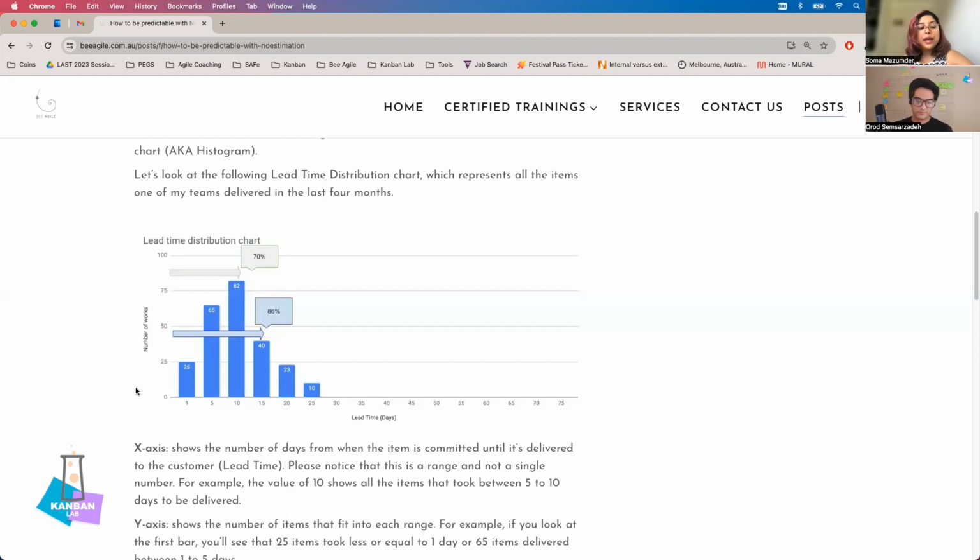And the x-axis is talking about the lead time in days, but the y-axis is talking about the number of work items that have been completed. So if we look at the first one, it says 25 and 1. That's right. That means 25 tasks or 25 stories, whatever is the unit that the team has decided to measure, have been completed in those days. And that's